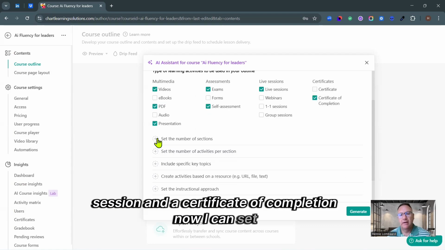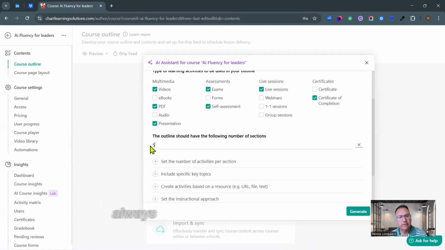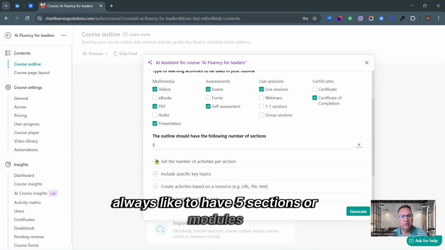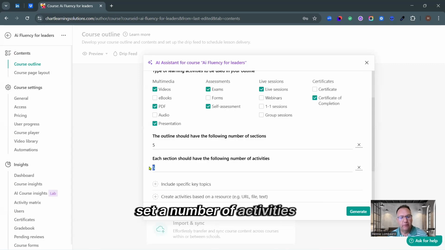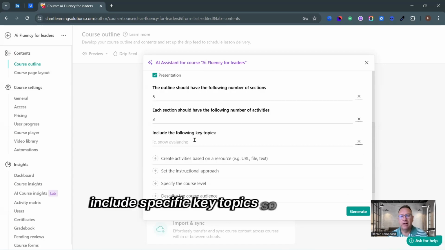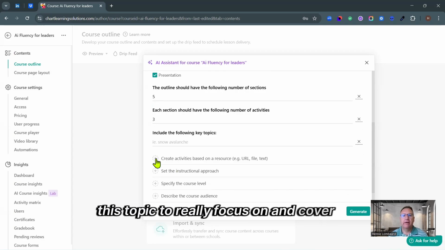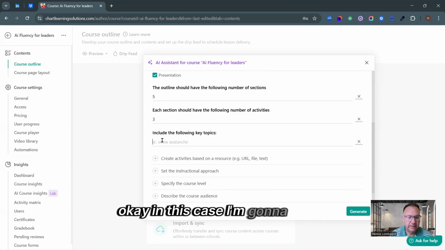Now I can set some rules in place, set a number of sections. So in our case, we always like to have 5 sections or modules, set a number of activities for each. Let's make that 3, include specific key topics. So now I can go and really zoom in on what do I want this topic to really focus on and cover. Okay, in this case, I'm going to say